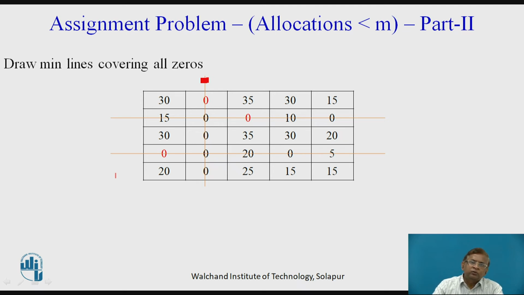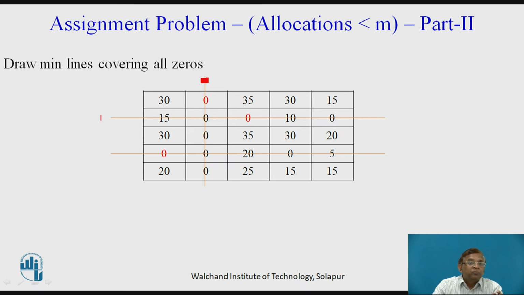The simplest trick I would give you is, in any table like here where we have 5 by 5, you start searching for any row or column having the maximum possible 5 zeros. If it is there, you draw that line first. So here in the second column we have drawn one line, the first line, that gives us coverage of all 5 zeros in the second column. Now it may be for the rows also. So you have to see, depending upon the situation, where you get maximum zeros. A line should cover maximum zeros.